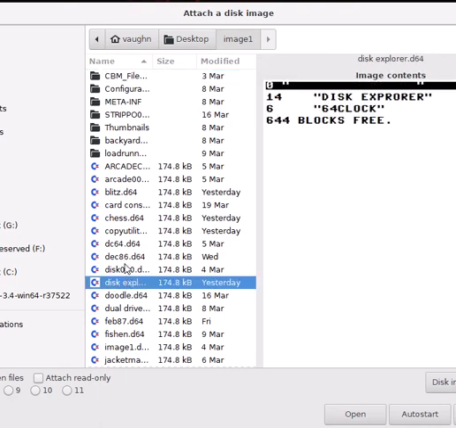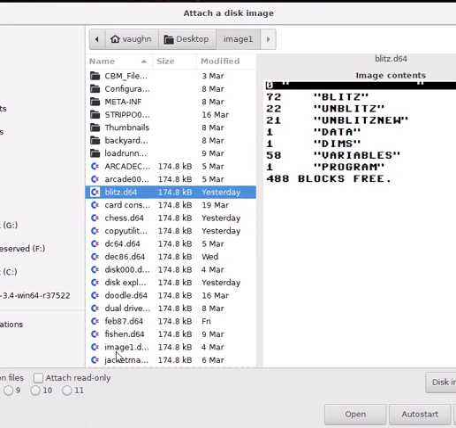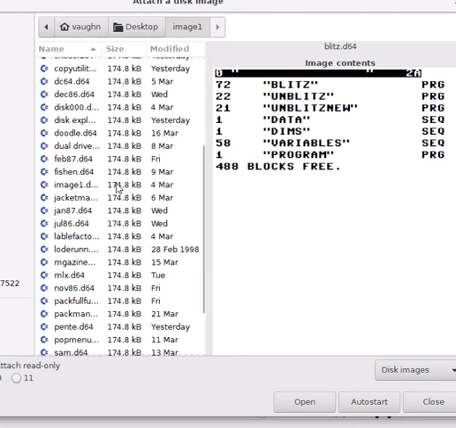I know I showed this before, and I don't know where all my stuff is, but I've got more software on here. It's not scrolling for me. Okay, this is because of where it was sitting.